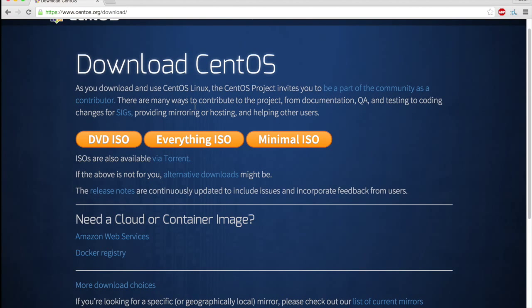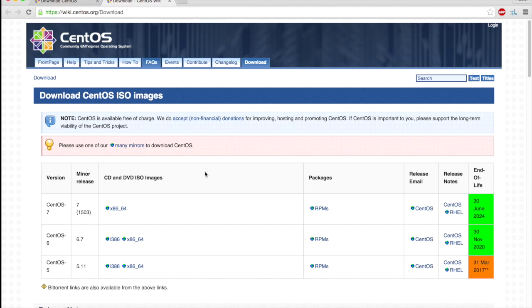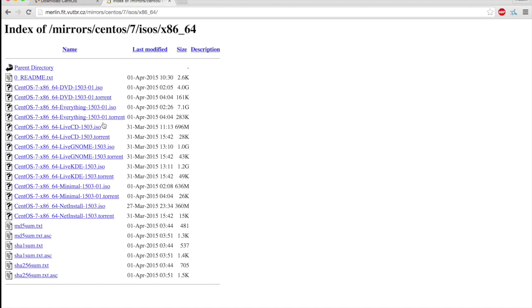After that, on this website you will see that there are three buttons which download DVD ISO, Everything ISO, and Minimal ISO. If you are looking for a live installation, where you would like to test CentOS first and then install it within CentOS, you need to go to alternative downloads. So I'm gonna briefly show you where it is. Go to x86-64, select one of the mirrors, and here you can download live KDE or live GNOME ISO or